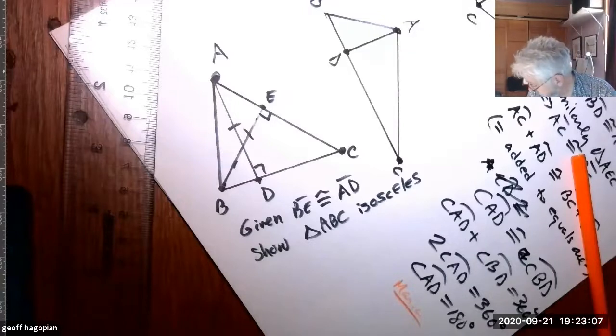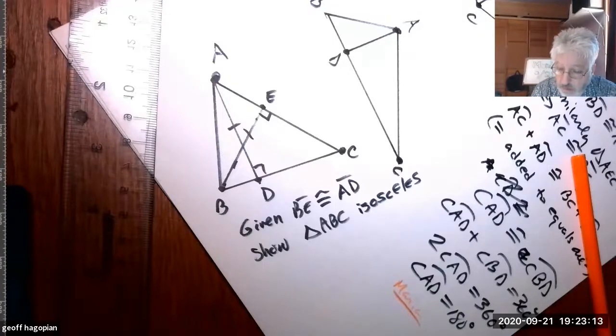BEC is one, and let's say ADB is the other. That's a little ambiguous, right, as to what they want. Consider the triangles ADC and BEC. They are both right triangles, yeah,